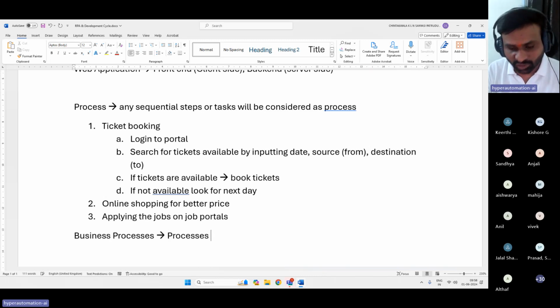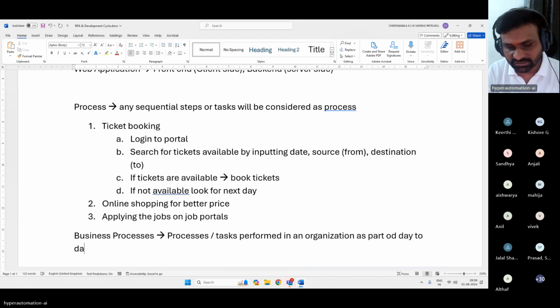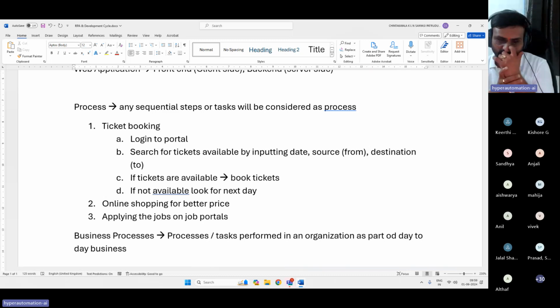Processes are tasks performed in an organization as part of day-to-day business. It's simply the business process.